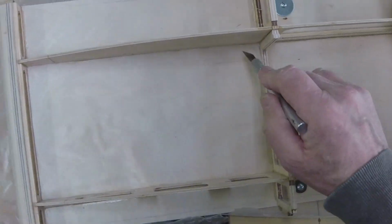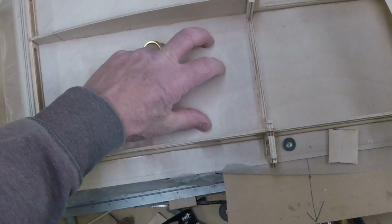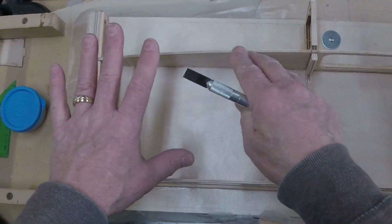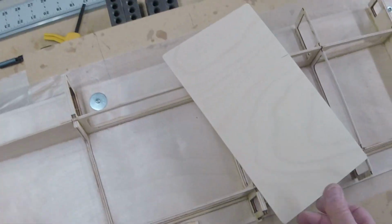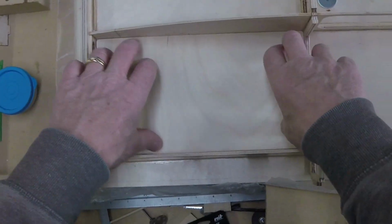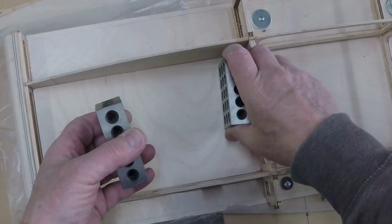Get as tight into these corners as you can, because we want this piece laying down flat against this as much as is humanly possible. If you've got big goobers of epoxy in here, it's going to stand up on there and you're going to be really disappointed. So cut a piece, get it to fit pretty close, mark it, don't forget to sign it, and put it in. We're going to lay a bunch of pieces on here